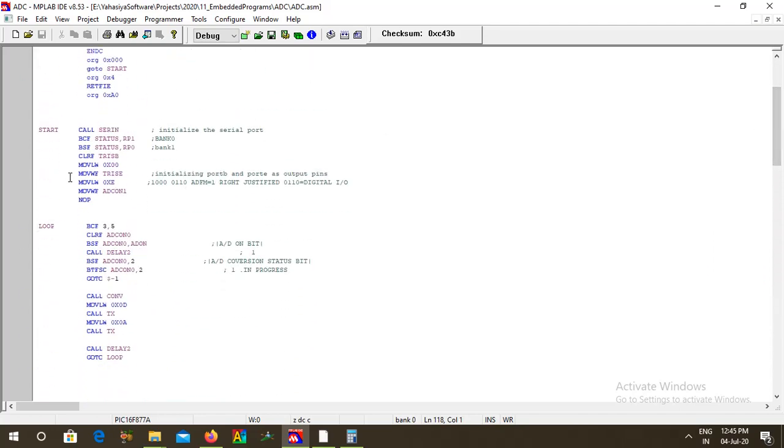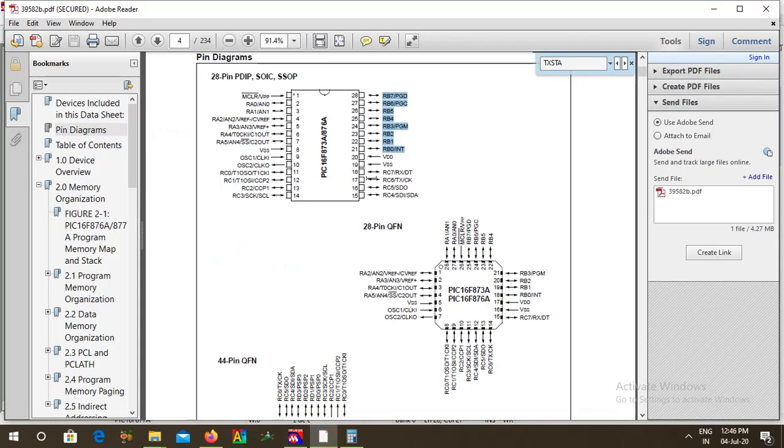So we are coming here, then we select bank 1. Similar way we are moving the TRISE also out. Port E, where is port E?